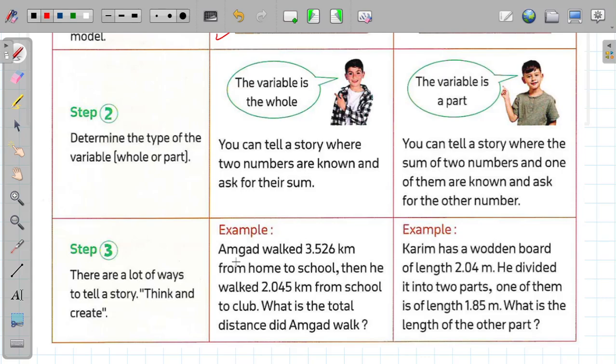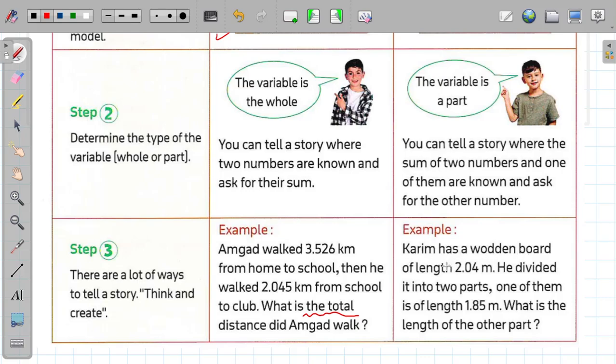if I have an example like this, so I will say Amgad walked 3.556 kilometers from home to school, then he walked 2.045 kilometers from school to the club. What is the total? I ask here about the total distance. So I will ask about the total of two numbers. Here, Karim